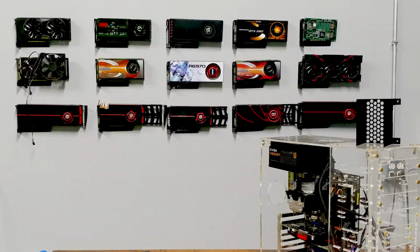First of all, the graphics card wall. It could never possibly be big enough. My goal is to have more CUDA cores and stream processors as decorations behind me than there are people on the planet. I'm not there yet,